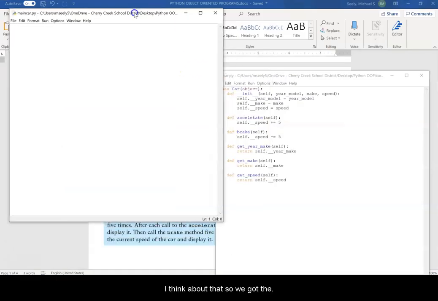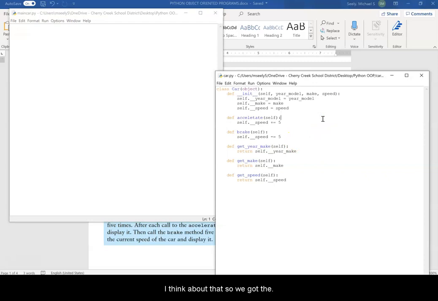Okay, main. Let me think about this. So we got the year, model, make, speed. I don't like, by the way, it tells me to do this, but I don't like year model. I like it all one, a year variable and a model variable. So if we accelerate, we add 5, brake, we minus 5, and we can return the